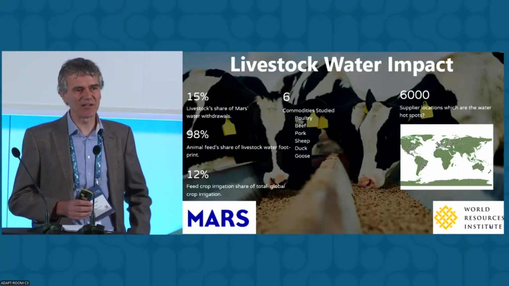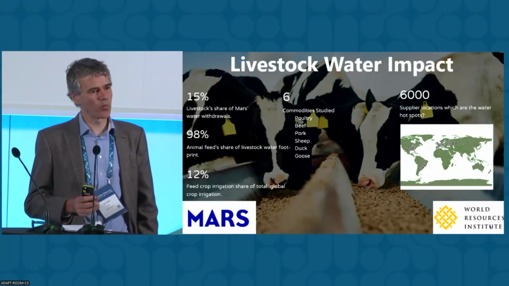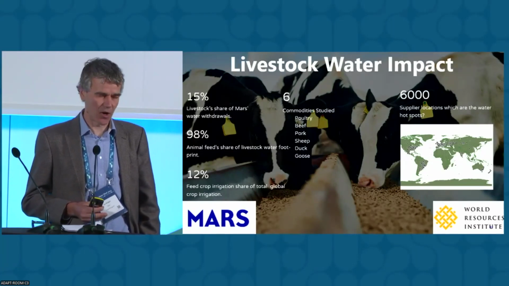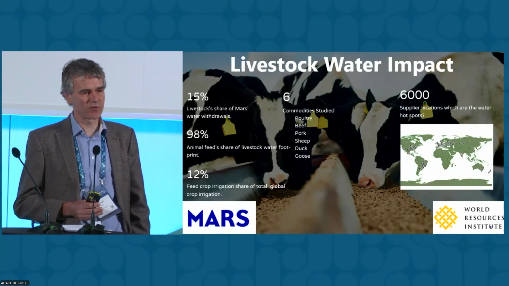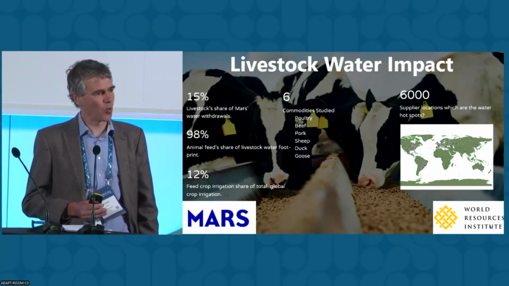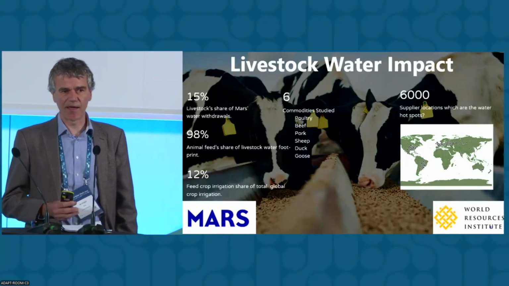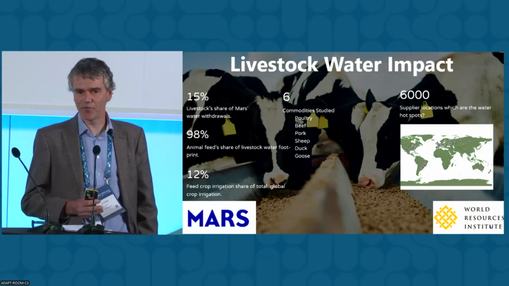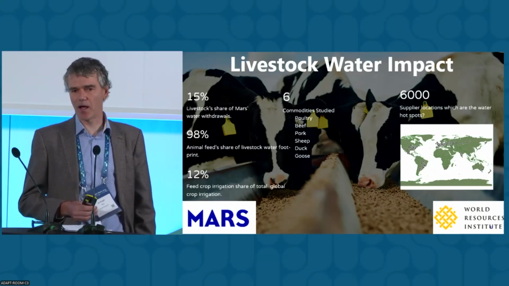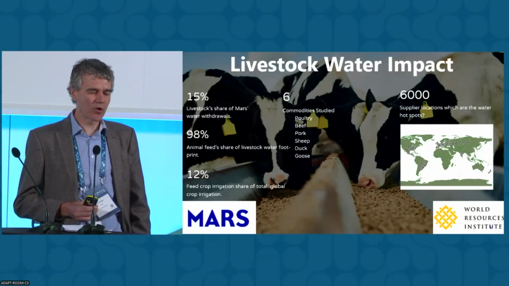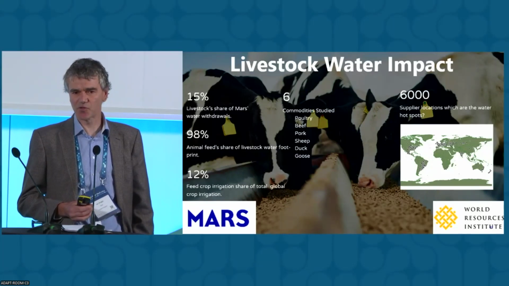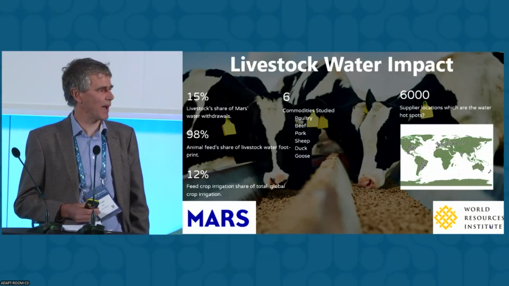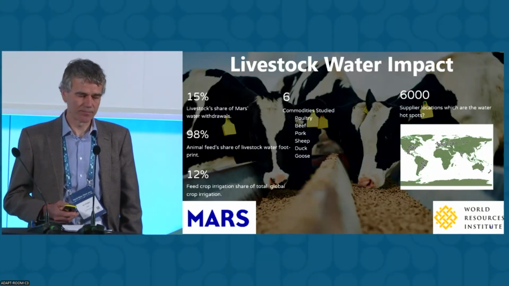It's about something like 1/8 of our overall water, but it's something that we want to improve and to build our understanding of. So we've been working with WRI and Liz and the team over the last 3 years to help us to build a level of understanding of this water use. So we've been particularly looking at 6 materials that our pet food business buys. They're protein sources that we put into our pet food, generally speaking byproducts from human food chains. And we've been looking to the 6,000 locations where we buy these materials from around the world to understand which are the most impactful from a water point of view.